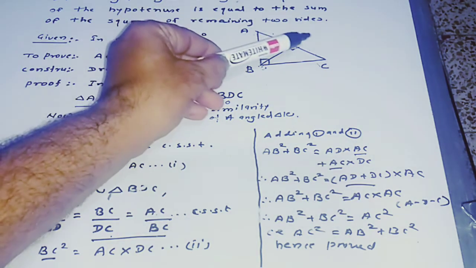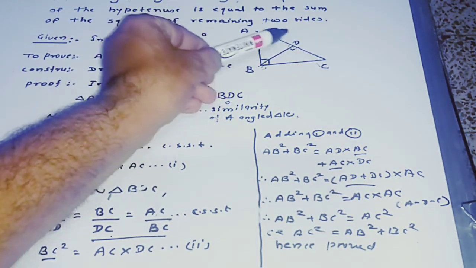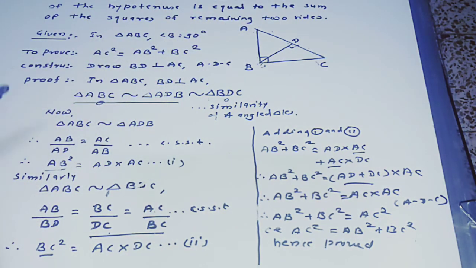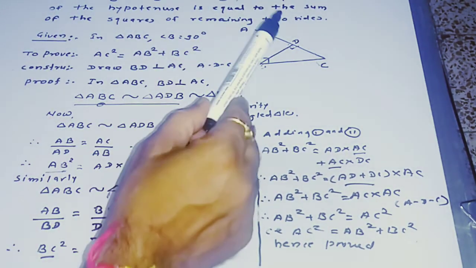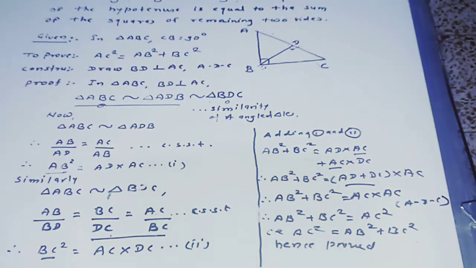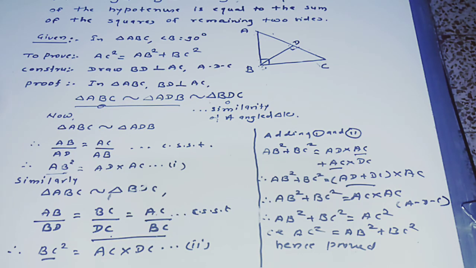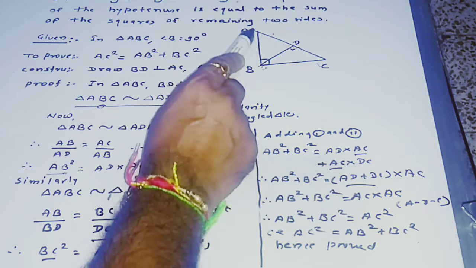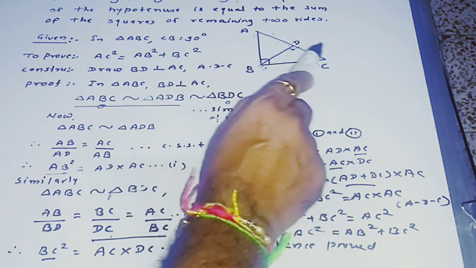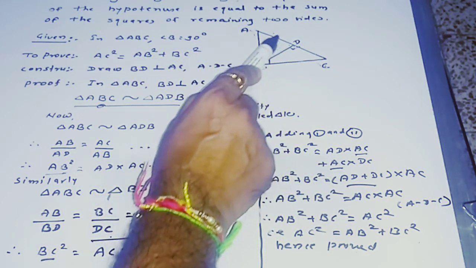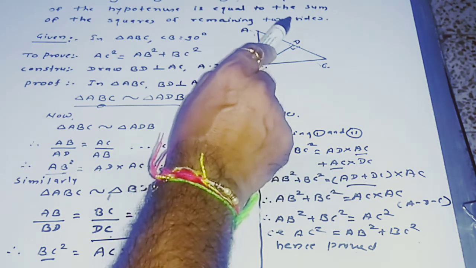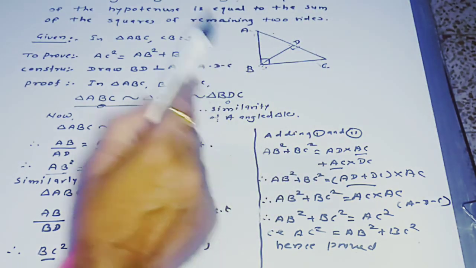In triangle ABC, BD is perpendicular to AC. So then, by the property of similarity of right angle triangles, what is formed? The triangles so formed by this perpendicular, on opposite sides of the perpendicular, are similar to the original triangle. ही प्रॉपर्टी आपण शिकलो. The original triangle is ABC, and it is similar to ADB and BDC.